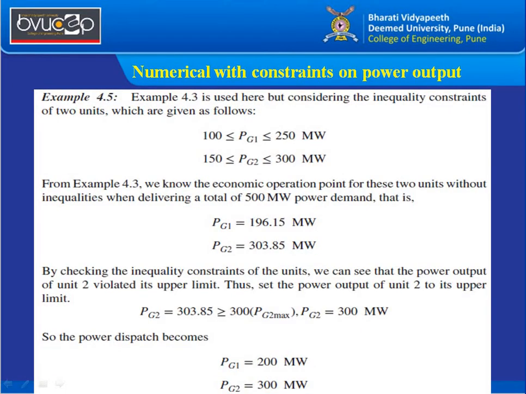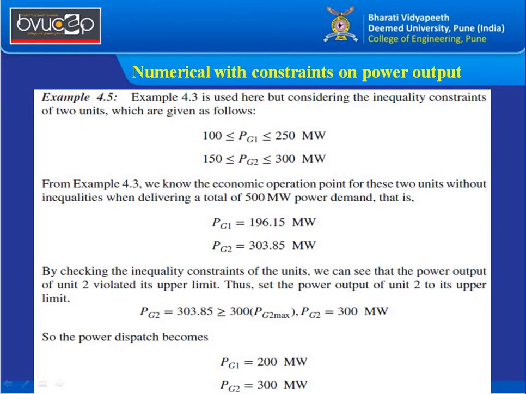So let us consider the next example where we are now going to concentrate majorly on the constraints on power output. Suppose we are having constraints on the power output, so we can have inequality constraints. We have studied about equality and inequality constraints. The previous three examples that we have considered till now were all related to the equality constraints. There were no inequality constraints in the picture.